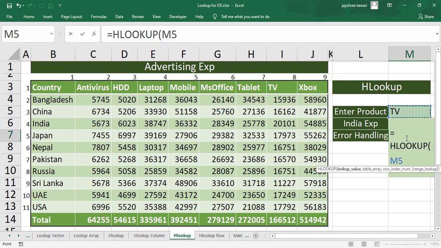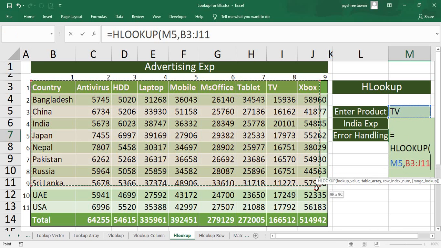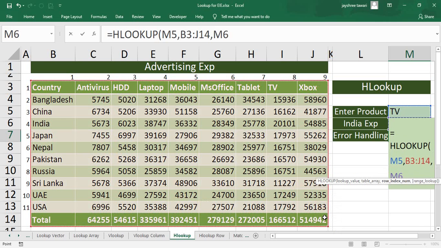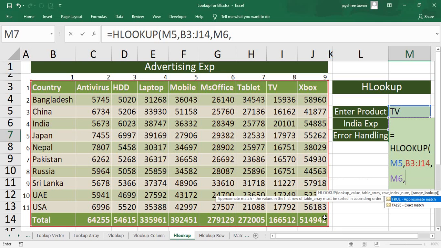So I am allocating that I want to search for this content written over here, comma, where I want to search for that, this is my entire table in which my system is going to search, comma, my third parameter is the row index number. What is this row index number? This is going to indicate the row at which you want to find your values. So I am again giving a cell reference where I have written 4 for India, and then after comma I am going to allocate exact match.